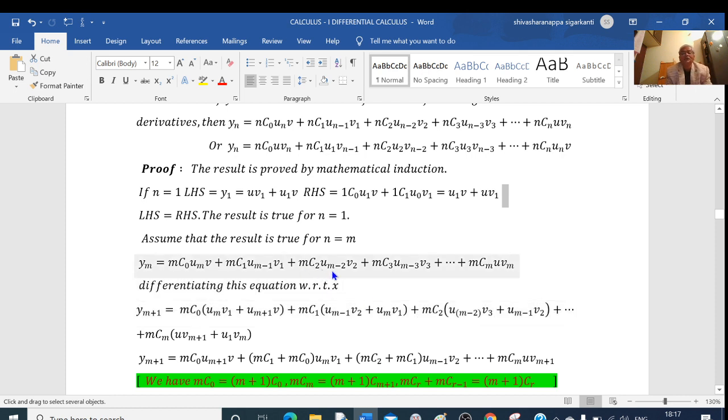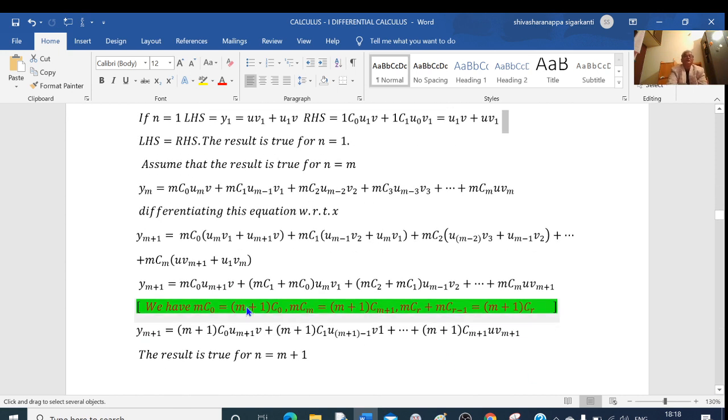mC2 is a constant quantity. First function is u_{m-2} into derivative of v_2 is v_3, plus second function is v_2. Derivative of this, add 1 to the suffix here, u_{m-2} plus 1 is u_{m-1}, plus sign, and so on. The last term is mCm, v_{m+1}, plus second function v_m as it is, derivative of u is u_1. So that is,